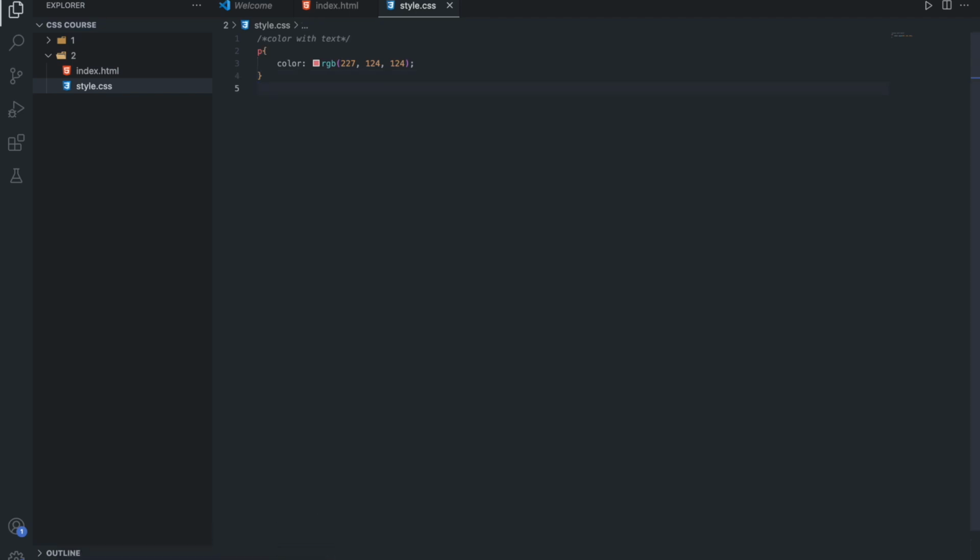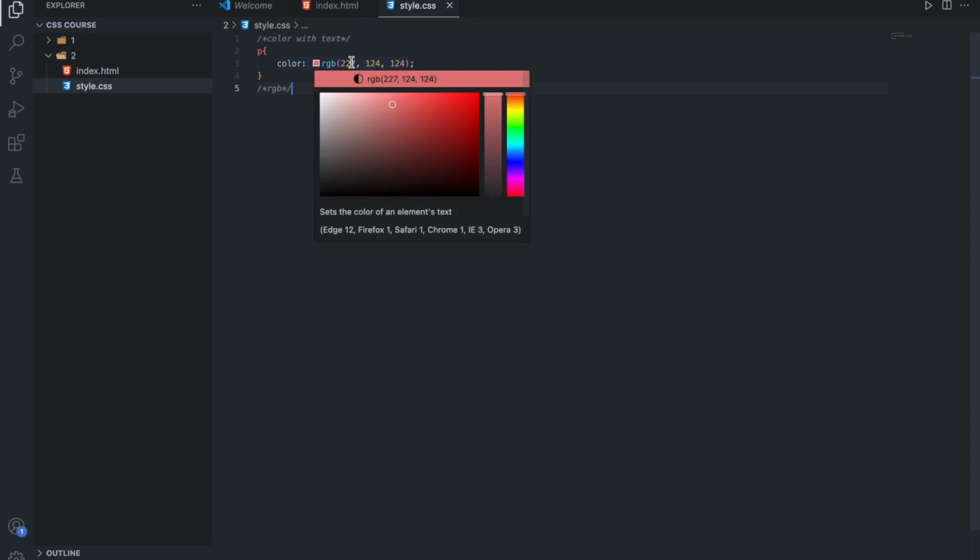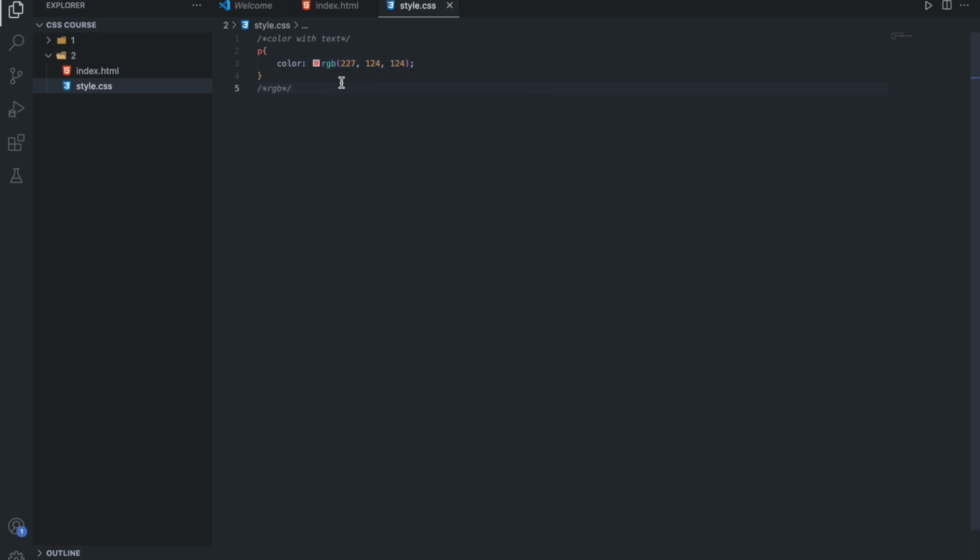One of these three types is hex. Or first we start with RGB. RGB means red, green, blue. Here we choose first the red color, then the green color, and then the blue color. If you learn color, you know all colors are made with red, green, blue. So here we choose the red, green, and blue values of this code. For example,